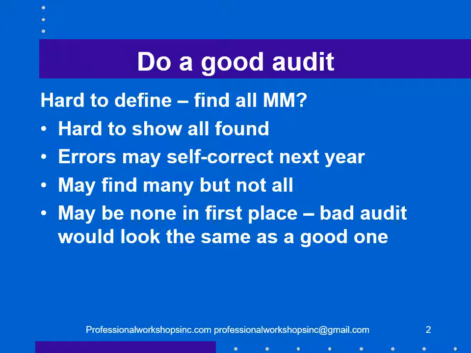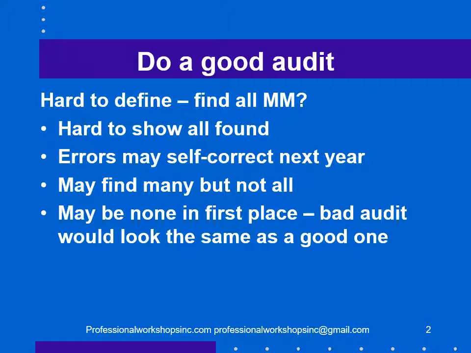For instance, you may have an error that self-corrects next year. If there was an error in inventory valuation, with an annual inventory valuation as opposed to a perpetual system, or even in a perpetual system, if there was an error one year and it just fixed itself up next year, no one would ever notice, perhaps. People might wonder why income was so low or so high this year and then the opposite way next year, but they would never notice the error.